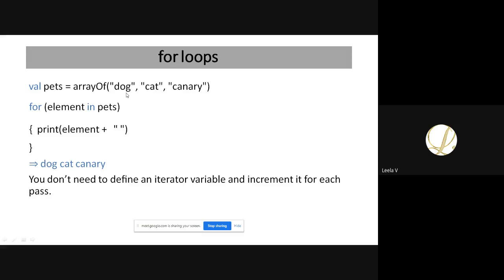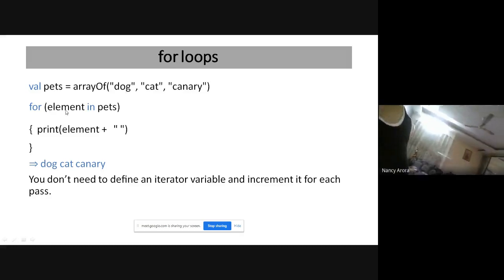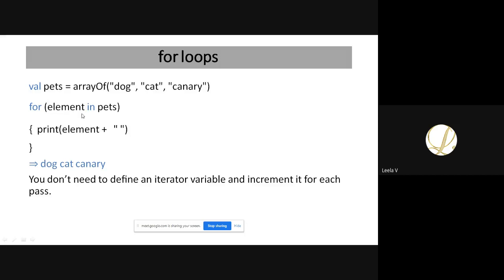Your index starts from 0 as with the other languages. And I'm using this iterated variable element, and you have to use the in operator for checking whether this element is a part of your array, pets. This is your syntax: you have to give an iterated variable, then you have to give in, and then you have to give your collection.